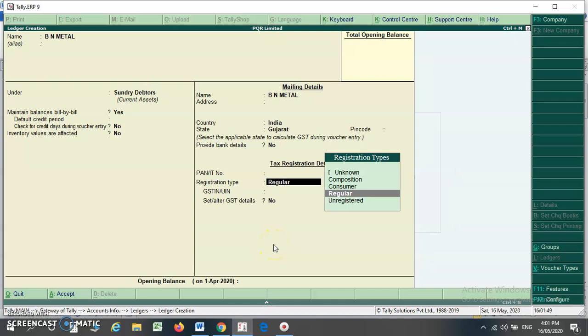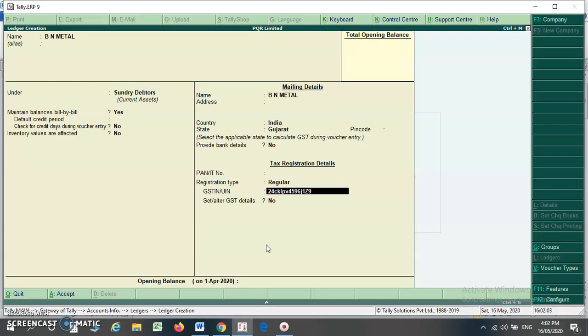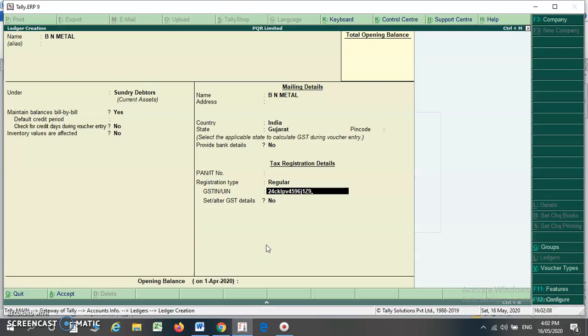Here I have to select my registration type. So regular. Here I have to write his GST number. So I am writing the GST number. So in this way you can create your debtors ledger.